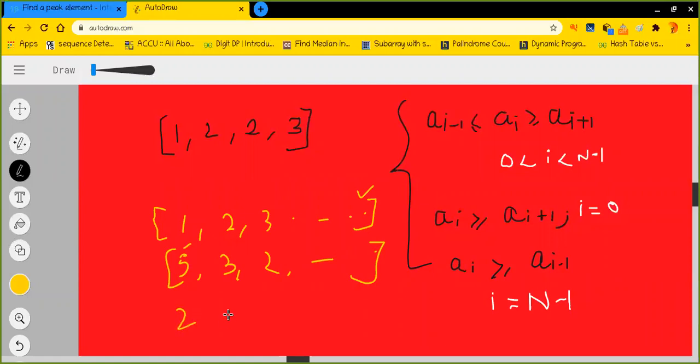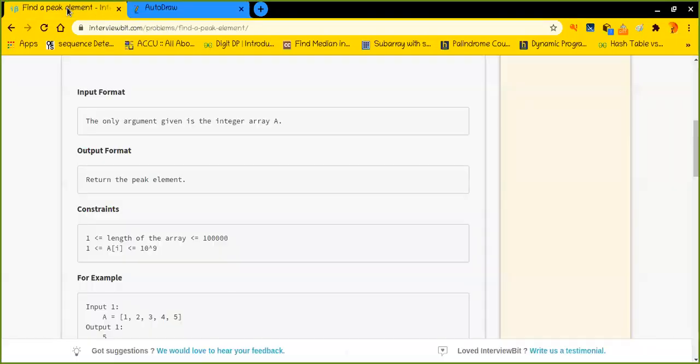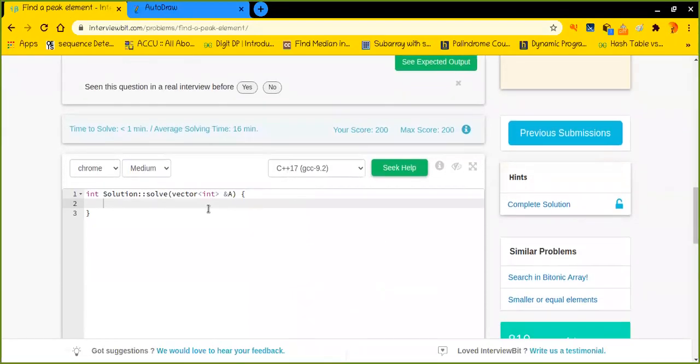Similarly, if we have a random array, then also we have a peak element, where one of the peak elements is the maximum element right here. So there will always be a peak element in the array. So we do not have to handle any such base condition. This is what I want to make clear to you. Pretty cool. Now let us say getPeak.